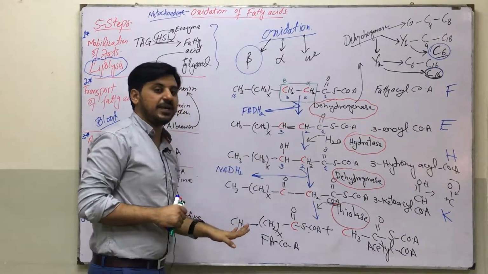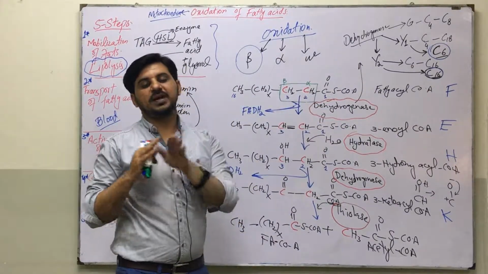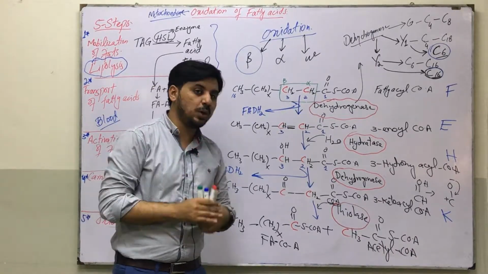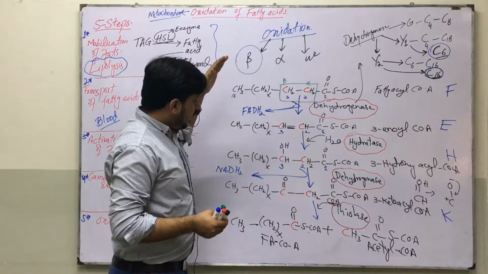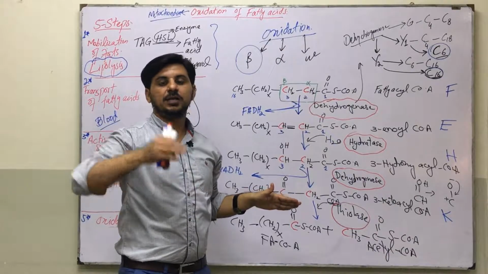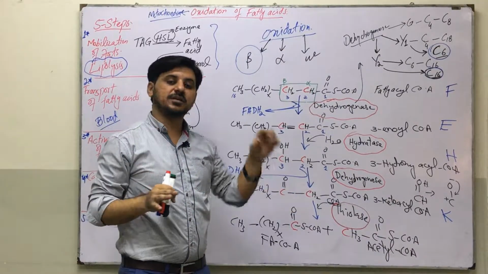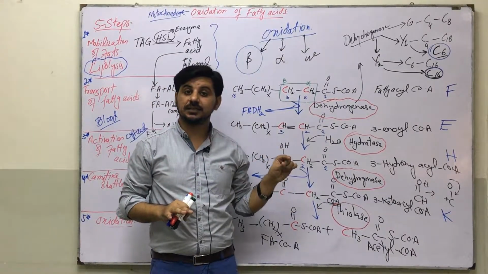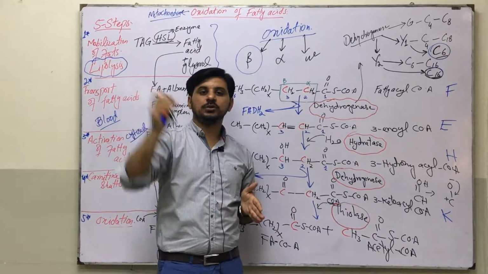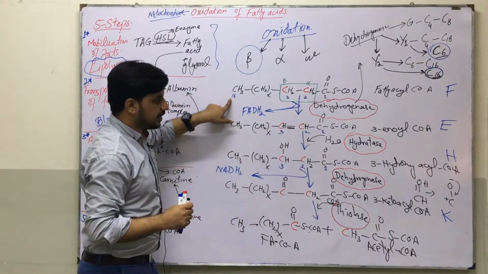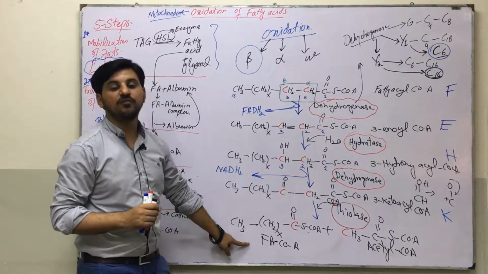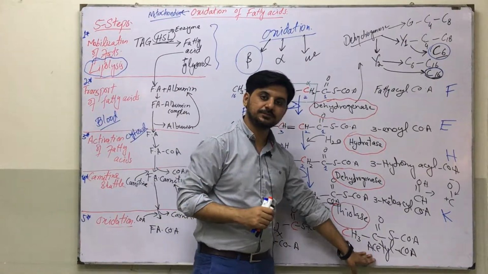And this beta oxidation that I have explained to you is with reference to palmitic acid, which is a 16 carbon fatty acid, and I have told you that in each beta oxidation there will be the removal of 2 carbons from the fatty acid, and as a result the new fatty acid will be 2 carbons shorter than the previous one. Like here, a 16 carbon fatty acid, but at the end of beta oxidation this fatty acyl CoA will be of 14 carbons, and 2 carbons are removed.